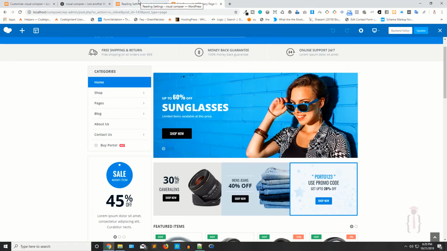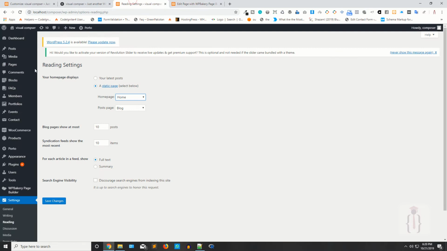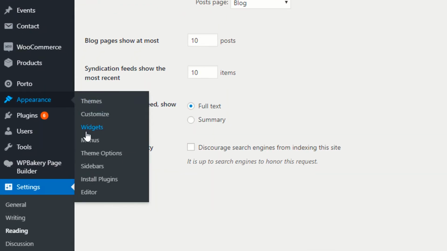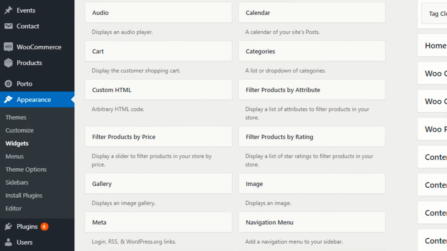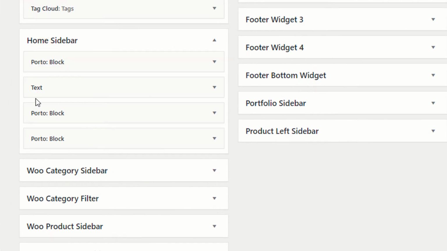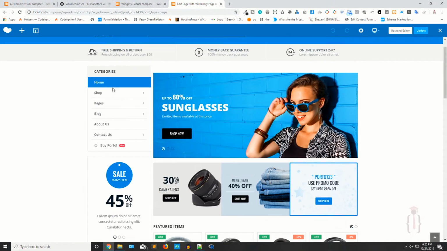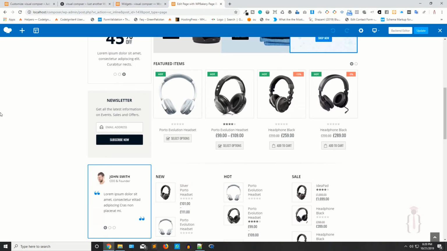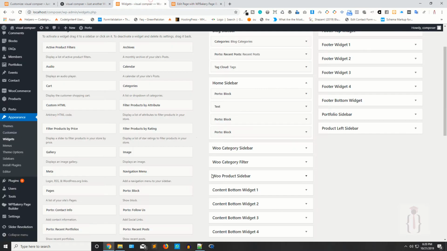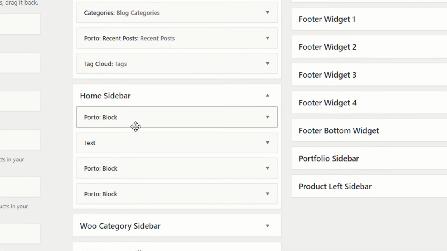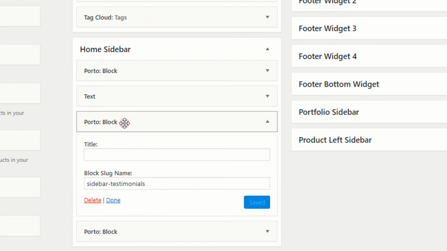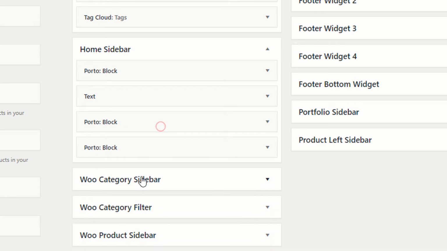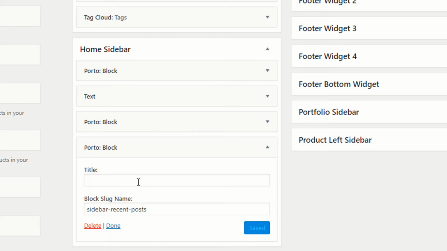In this theme, these sections are available in the widget section. As you can see, it's saying home sidebar. So this is the home and this is the sidebar. You have categories, you have a slider, you have a newsletter, and you also have a slider. So you have the block text showing you the newsletter, and also a block, and this is also a block, and the block name is